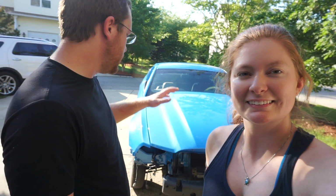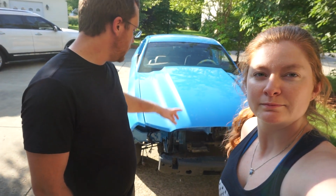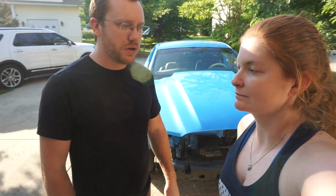So welcome back to another episode of Project Bombshell. Today, as you can see, we've already moved the car outside. We're going to do a nice deep cleaning on the interior to get it all clean again. Probably pull the seats so we can clean them a little easier. And then once we've done that, we'll probably start to put the computer, harness, and battery stuff back into the engine bay, so that we can key on and pop the trunk and things like that